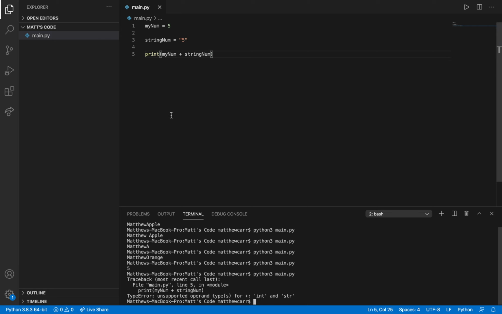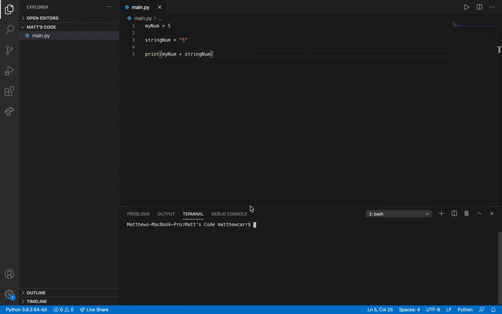We see line 5, and it's saying TypeError: unsupported operand type for int and string. So you can't add this together. I'll get into a way to work around this later.